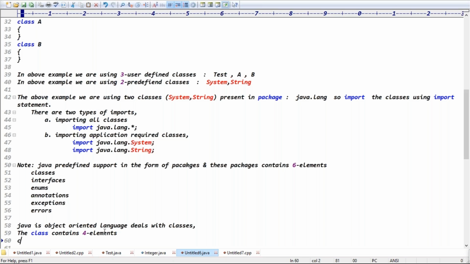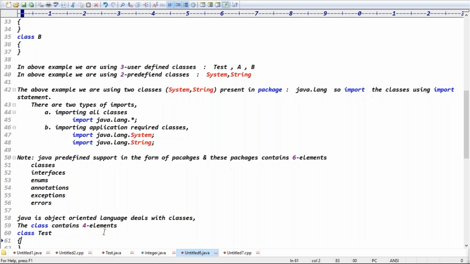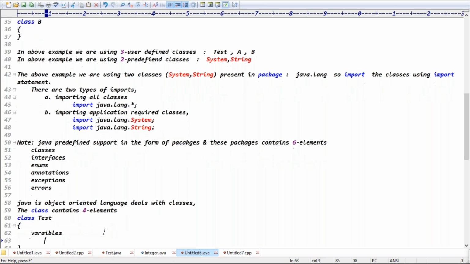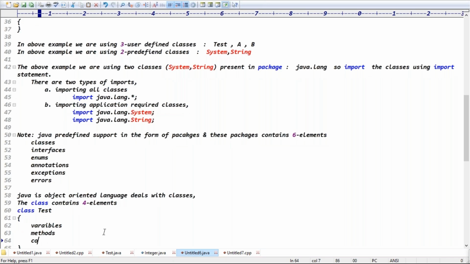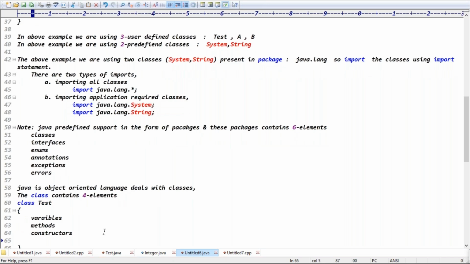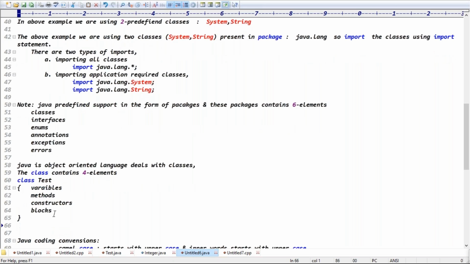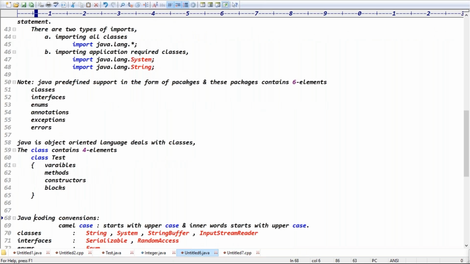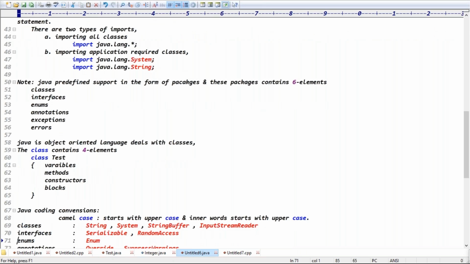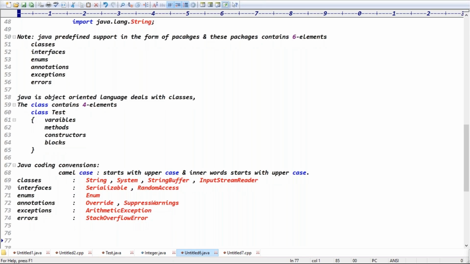Inside the class, we can declare the variables, define the methods, define the constructors, and define the blocks. The package contains 6 elements, but the class contains 4: variables, methods, constructors, and blocks.